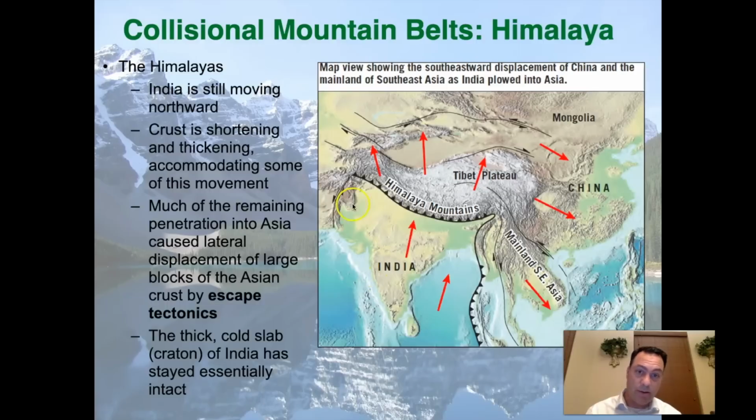That's this right here. So here's the craton. And as the craton pushes forward, it slams these mountains up. The mountains have no choice. They have to form. And the rest of this area here, there's a craton up here, but in the middle here,